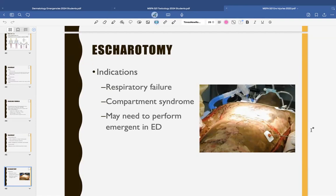And those 6 P's. Compartment syndrome, you need 6 P's, have you heard of that? It's really a circulatory issue: pain, pallor, pulselessness, paresthesias, paralysis, poikilothermia. So if it's a deep burn and you have those 6 P's, and because you have that hard eschar, you have to worry about compartment syndrome. They might usually just go to surgery to get the escarotomy done, but you might need to do emergency